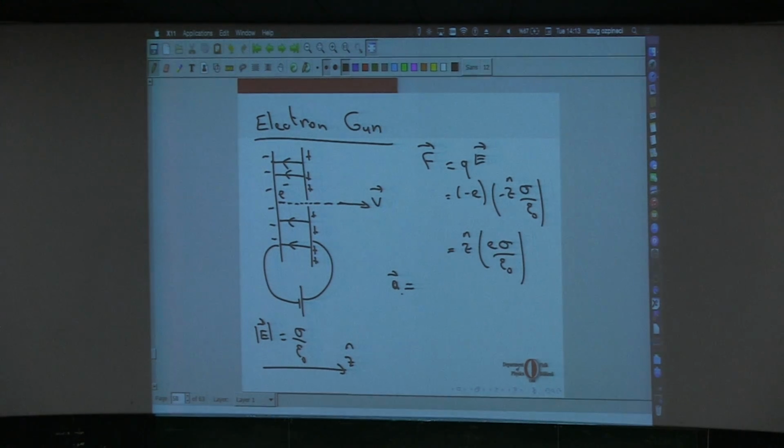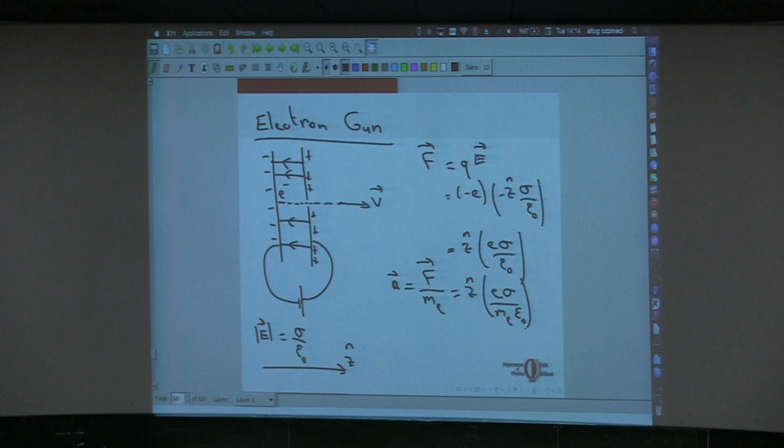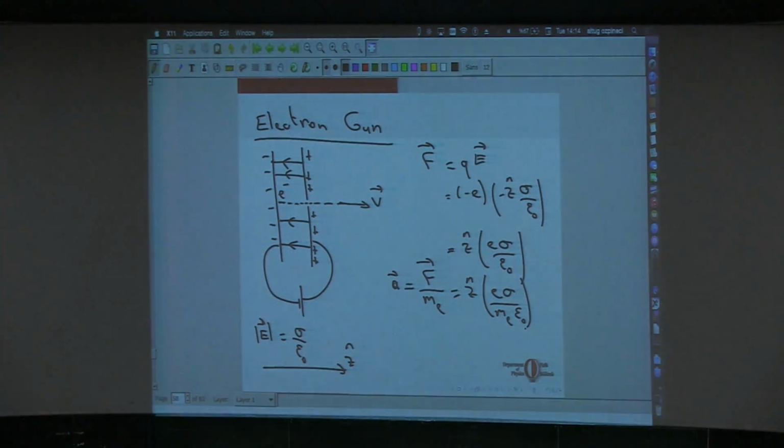We know the force over mass from Newton's second law. So this is Z times E sigma over the mass of the electron, epsilon 0. And, well, this is a motion with constant acceleration. You can just write down the position